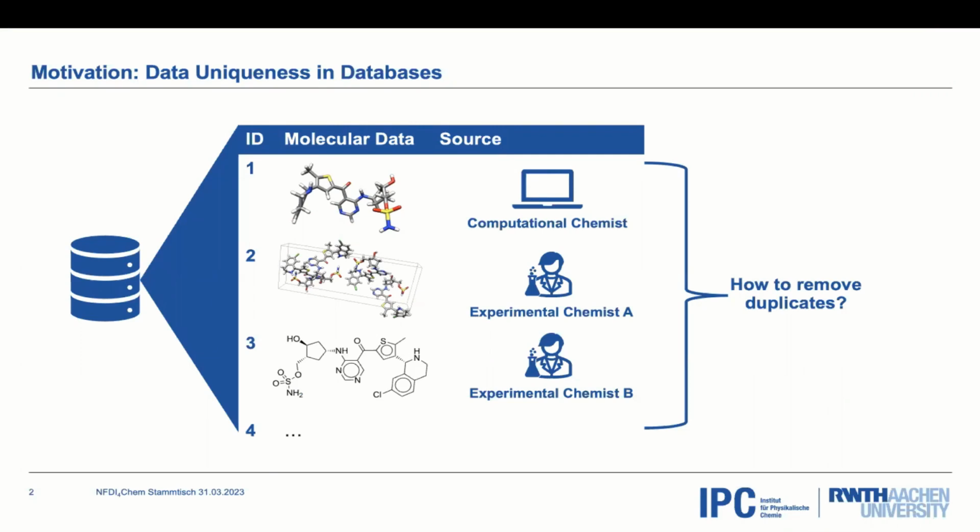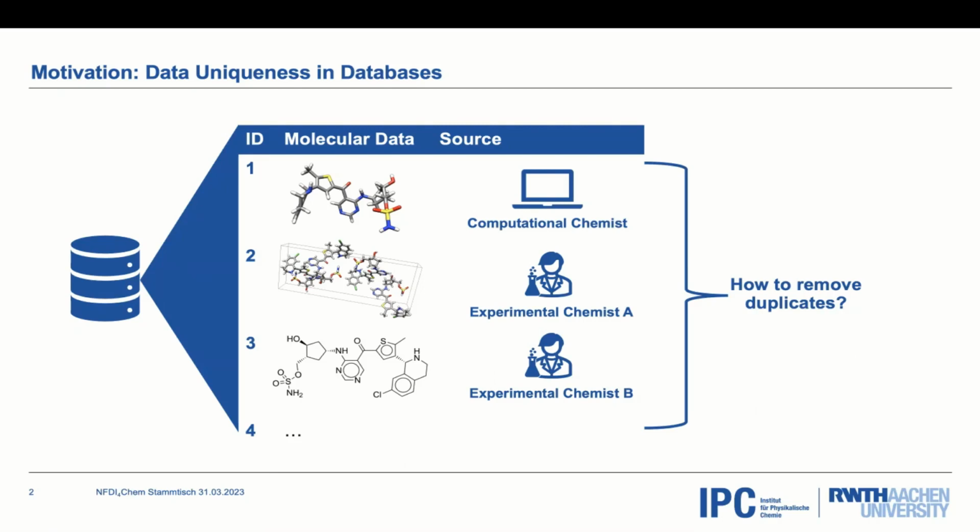But we can imagine, like we do also in our group, we are computational chemists, theoretical chemists, and we collaborate with the experimental chemist, and we may want to store our data in databases. And so our data comes from different sources. We might have a computational chemist who does some quantum chemical calculations, so he stores maybe his Cartesian coordinates of a molecule in a database. We might have an experimental chemist with the crystal structure, or another experimental chemist who stores his structure information maybe in a ChemDraw